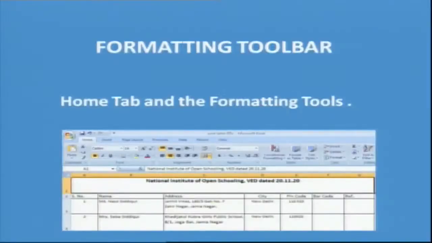Then we can also apply different styles to our content. These are some of the formatting options which we require, and they are readily available on our screen. So we can use these tools and get the task done. You can see that there is the alignment group, and the font option is also there. We can apply different styles and give borders to our cells. In the alignment group you can see the increase or decrease indent option, so we can move our content from left to right margins or right to left margins.